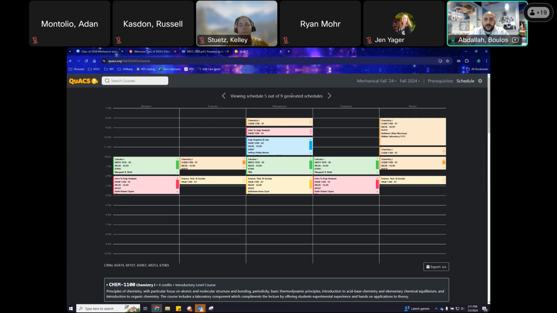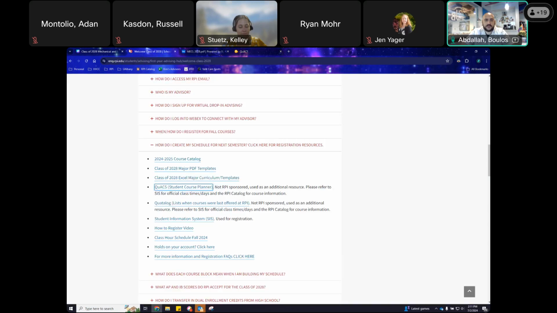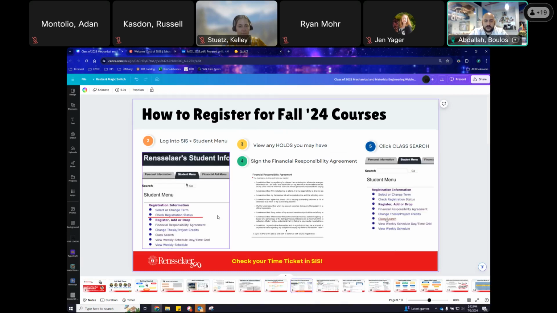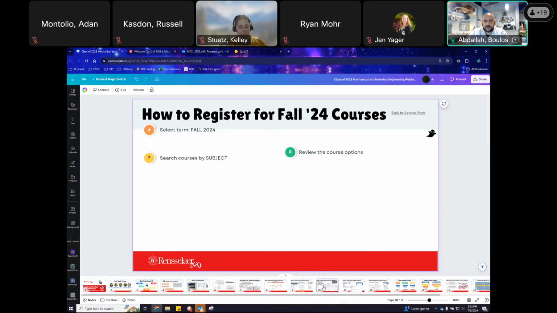But anyway, the point of Quax is it's going to generate these 5-digit codes here. It's called CRNs, also known as course registration numbers. What you're going to do with these codes is when you log into SIS, let's go to the next slide. When you click on student menu, click on register, add, or drop, you'll be able to see,